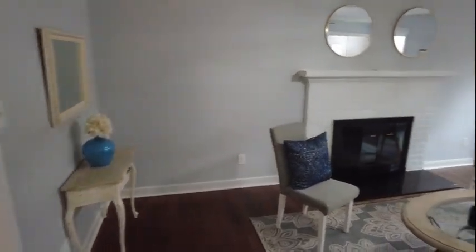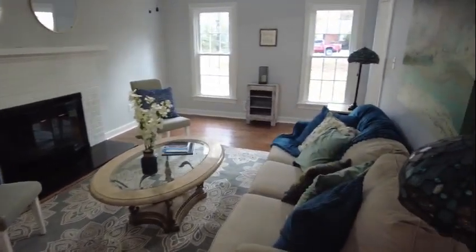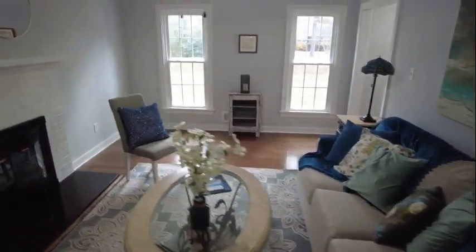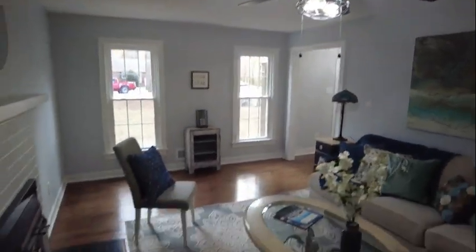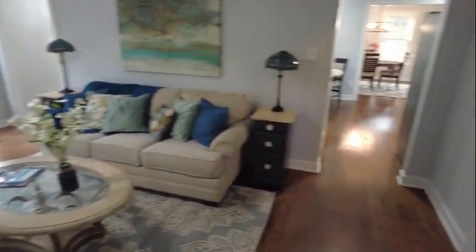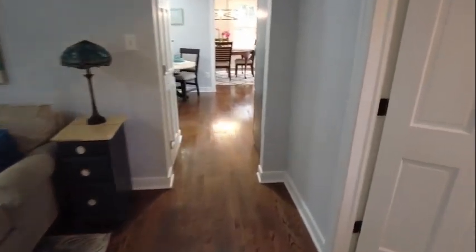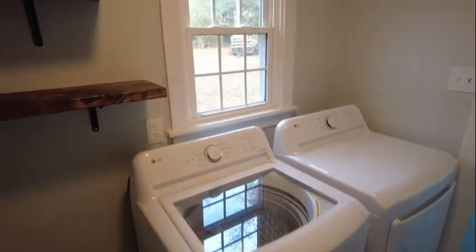All right, this is going to be our family room area. We do have a fireplace, which is the focal point. Ceiling fan in place. I love the styling of that ceiling fan. And so a nice classic floor plan here in this home. Here to the right is going to be our laundry. We've got a dedicated laundry room. Some natural light there, a little bit of shelving, and our powder room